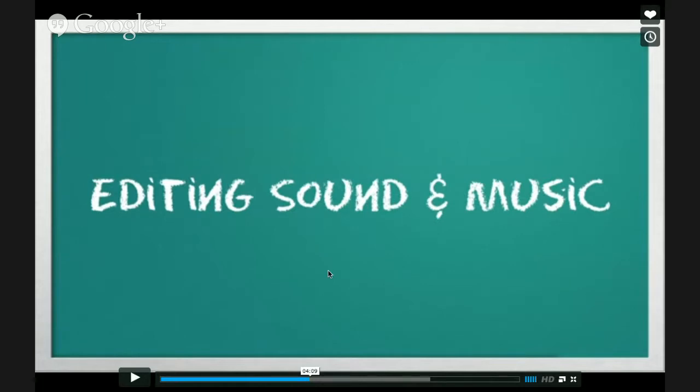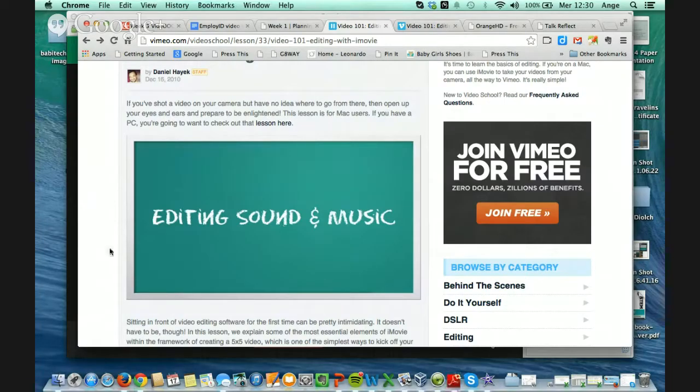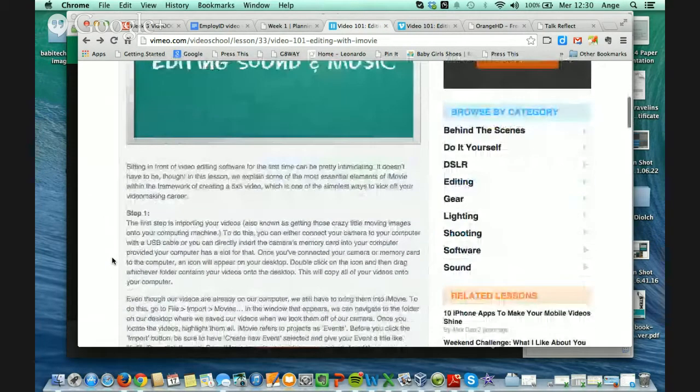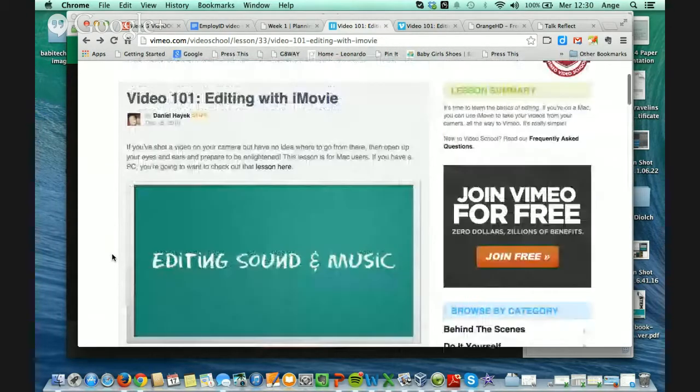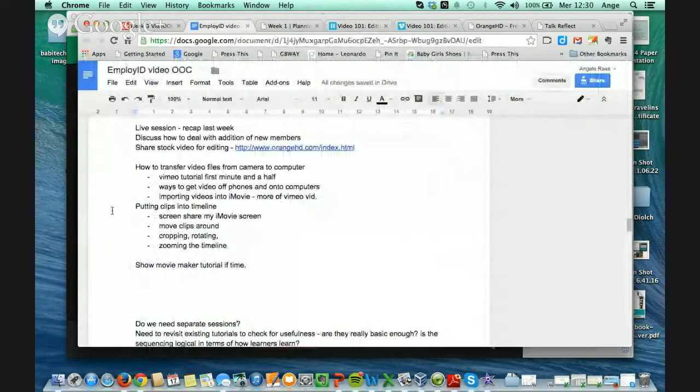Okay, so we'll leave that there till next week. But if you go to the link where this is, there are written out instructions on how to do that as well if you get stuck. Okay, so now you should be able to import the video that you filmed onto your computer and get it into iMovie, and also trim the clips you want and put them in order in the timeline, which is roughly where we want to be. If you haven't shot your footage yet,